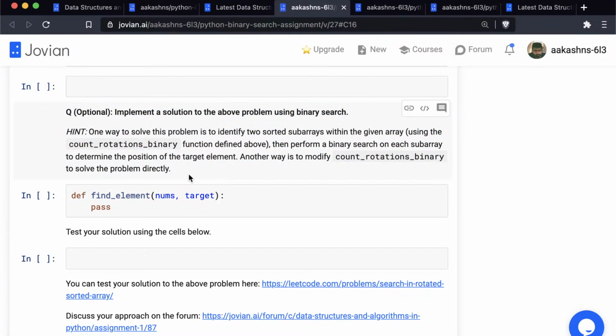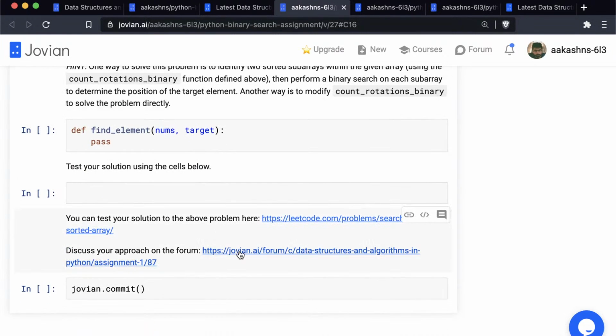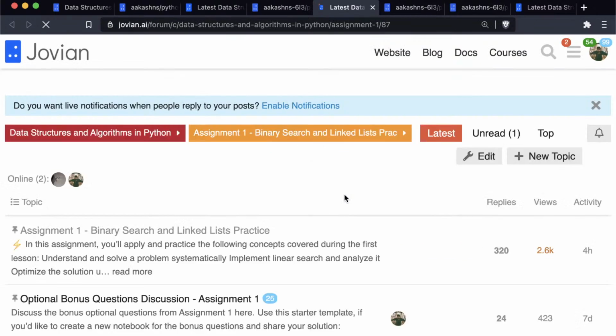And if you found the assignment easy, then you should definitely solve these bonus questions. If you can solve this question by yourself without taking additional help, then you can solve pretty much any problem related to binary search that may be asked in an interview, because most of the questions are variations of something like this, and this is pretty much the hardest problem you may get asked. You can also test your solution by making a submission on LeetCode, and this is only for the final optional question. And there's a thread on the forum where you can discuss the bonus questions separately as well. So do make use of the forum thread too.